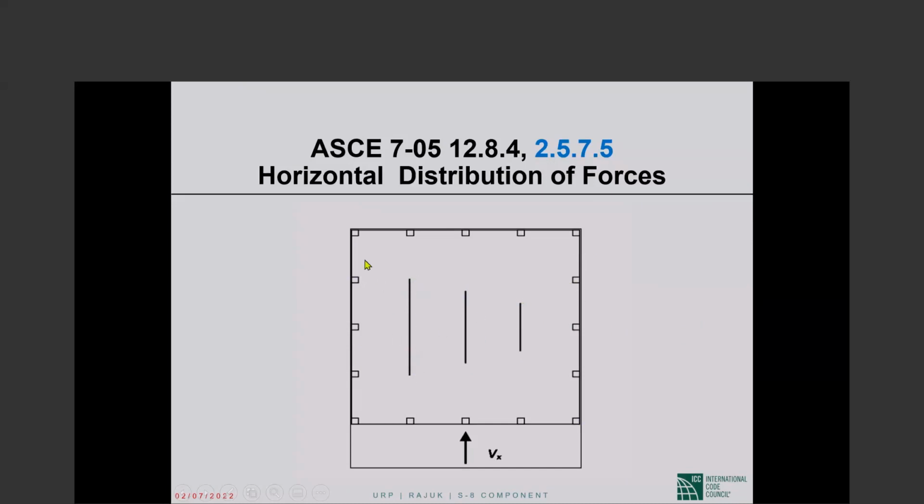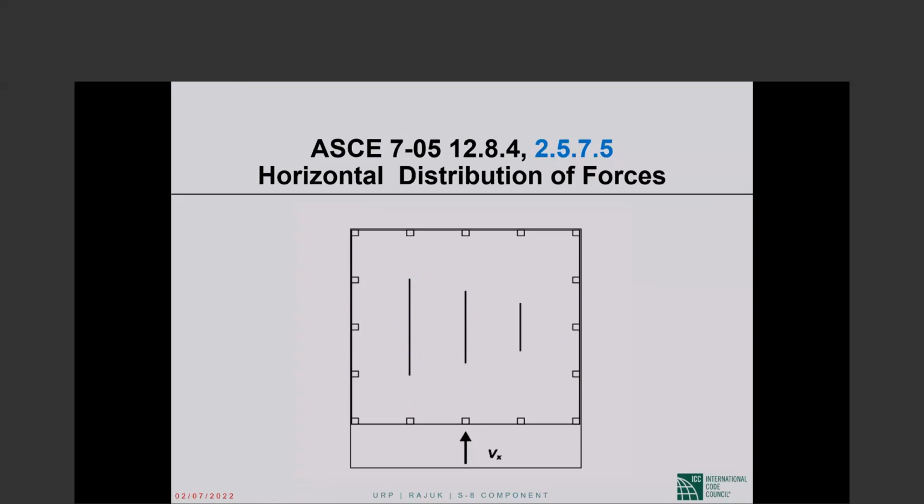Then each of the 2 frames will get 1 share of V sub x. This will get 2 shares, this will get 3 shares, this will get 4 shares. Okay, so in proportion to the relative lateral rigidities. Now what I said is true